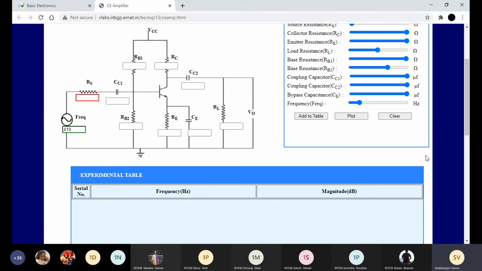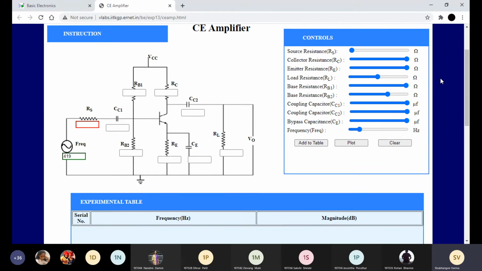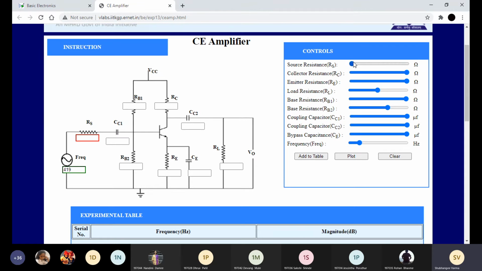Now again we have to select all resistors, because we have cleared the resistors. So select here 100. Then RC is maximum, RC 4K. Then RE is 1K.